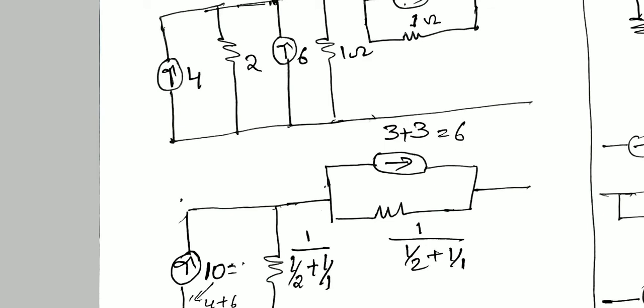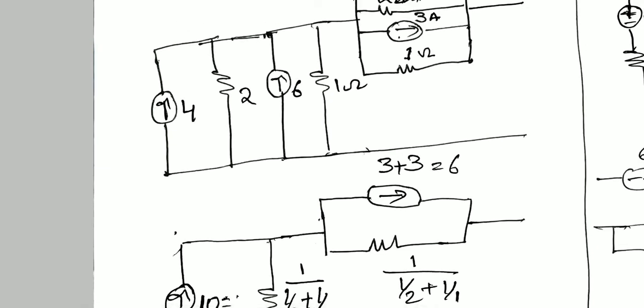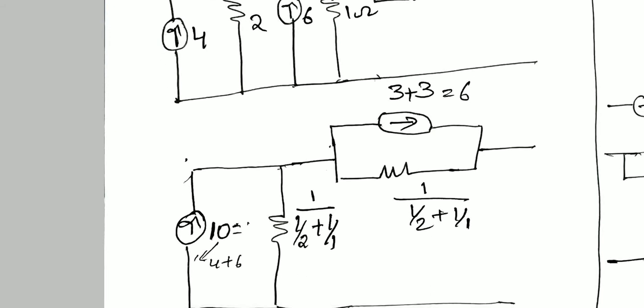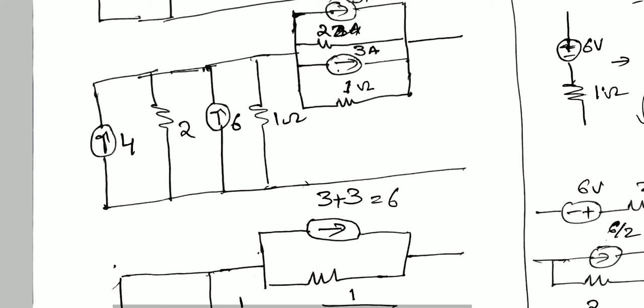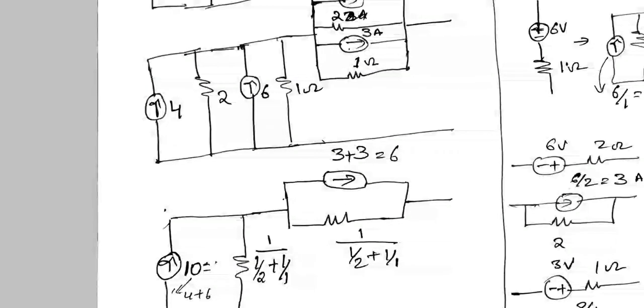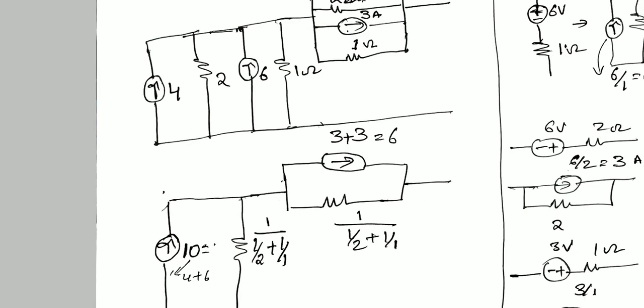We know that for a parallel combination we can write 1 divided by (1 by 2 plus 1 by 1). The formula for parallel resistance is 1 divided by (1 by R1 plus 1 by R2 plus 1 by R3, etc.). If two resistances are there, we can use another formula, 2 into 1 divided by 2 plus 1. This is better, because when more resistances are there, we can use this formula to calculate easily.